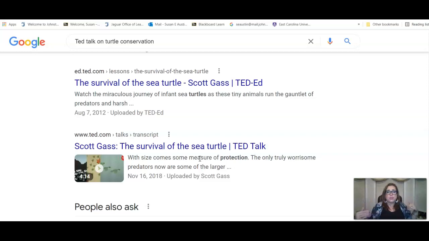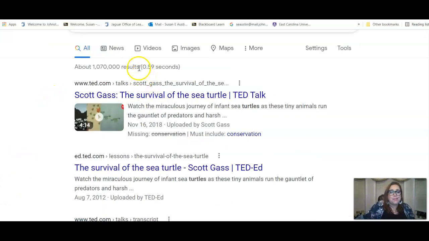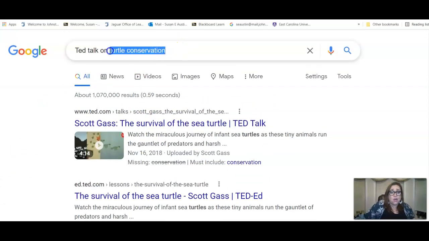And so then the turtles would go the wrong direction and the babies didn't make it to the ocean and then they died. So that's been a problem. And so people are trying to help turtles survive, and that's why they protect those nests. And then they build this kind of crevice in the sand so that the turtles have no choice but to go towards the ocean. So that's my limited knowledge, but you do "TED Talk on"